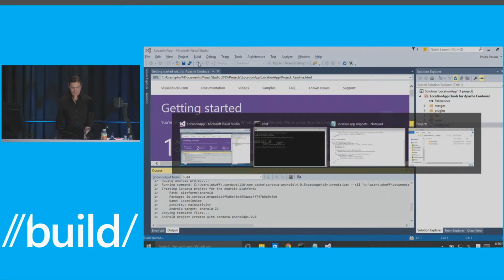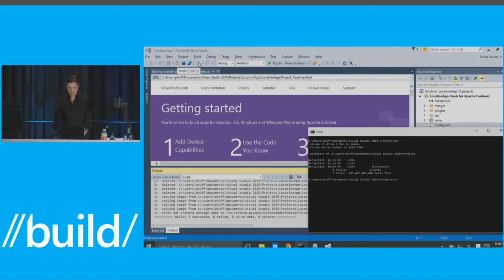And I'm going to switch over to the command line. And let's add a few things to the project. The first is that we're going to add the platform for Windows, the new platform. So we'll do that using cordova platform add windows. In the future, all you will need to do is cordova platform add windows. And further, you'll actually be able to do this from Visual Studio. Because our platform for Windows is changing, and it's not accepted into the mainline branch yet until it's done, we need to point it to the right repo for the Windows platform in its prototype. So I'm going to give it an address. cordova platform add windows at